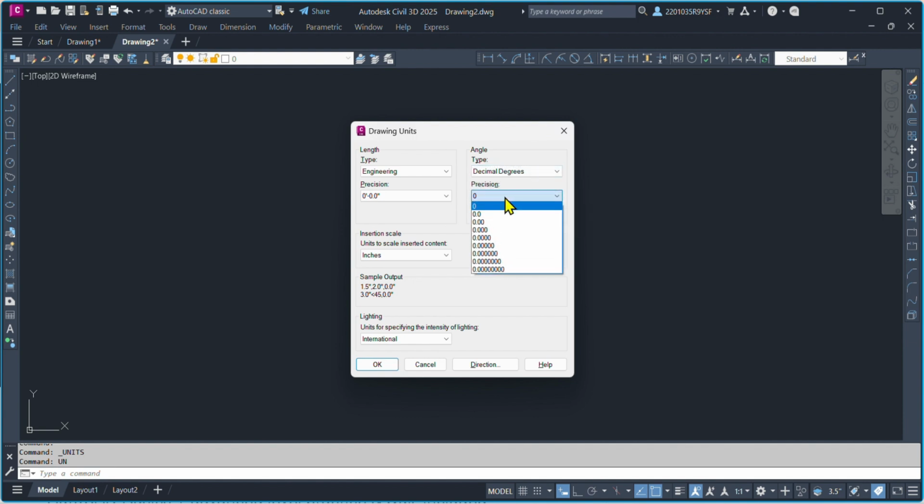Now you set the precision that you want, and this part is clockwise. That means the angle is anti-clockwise. Positive is anti-clockwise. Then if you select this one, that means the angle is now positive clockwise. So you leave it like this, to be anti-clockwise. We will learn more when we do the rotation part. Okay. Now you click OK.